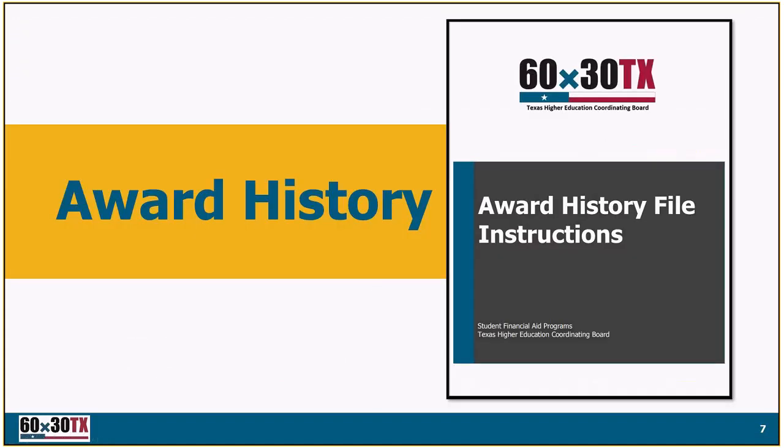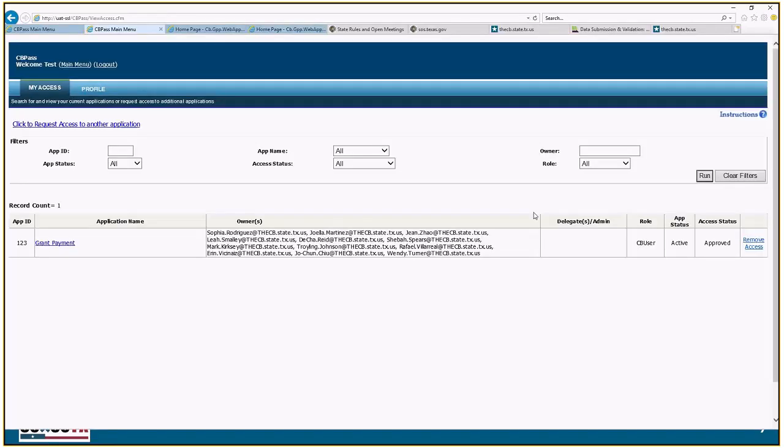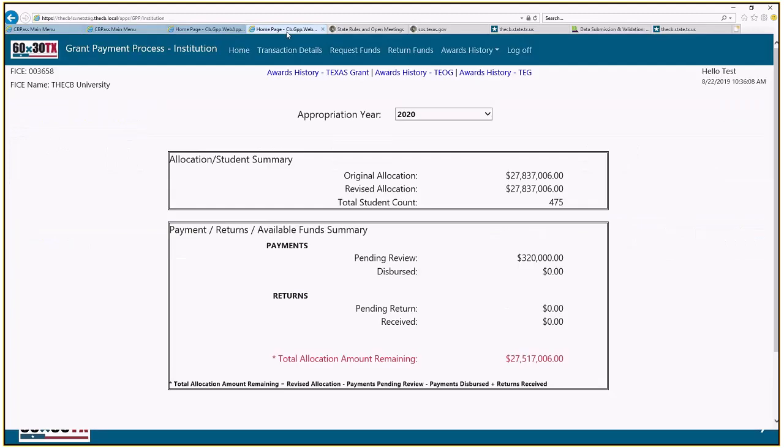So award history. After we rolled out the grant payments, we started getting a lot of phone calls saying that people couldn't find the award history, they didn't know where it was, and yes, it did move when we launched the new system. So I'm going to go back to that screen just to show you. When you're on this screen, you'll notice that instead of having the old award history, it's actually built into this new screen on the grant payments. That's because it's all under the same application that our IT team built here. So you're going to see it moved. Now, when you actually click on it,